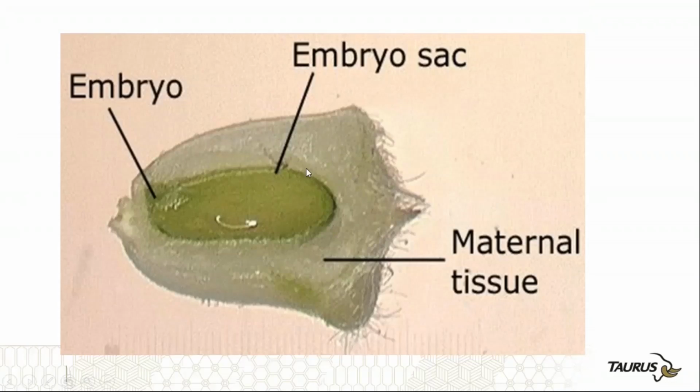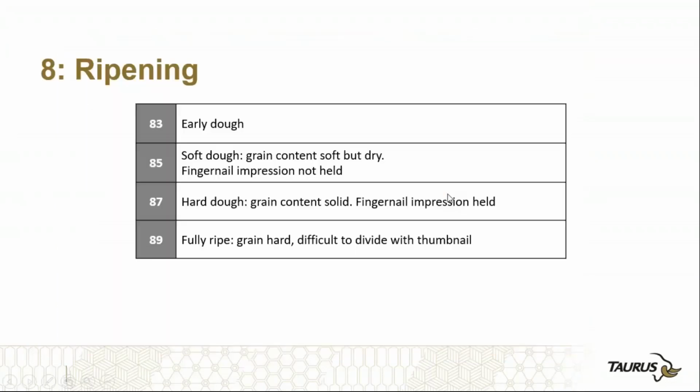So we get the embryo starting to form after a little while, and then we move into this stage, ripening: the early dough, soft dough, hard dough, and full ripe. So we're starting at BBCH stage 8 at the downward end of senescence, and I'll do 8 and 9. And then I'll go to germination, which is stage 1, and stage 2 to the seedling. So we'll cover 4 stages in the growth of the wheat plant, and I'll show you soybeans and other things, but I'll use wheat as my primary model. And then the next webinar will cover the remaining parts from stage 2 to stage 8, which takes us through massive growth and through pollination, and then we'll be done the whole cycle in 2 webinars.